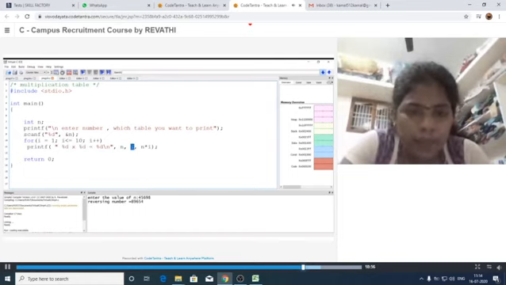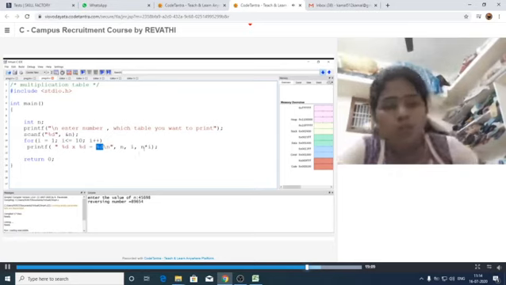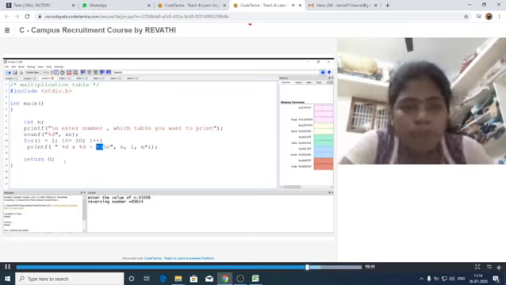In the second %d we can take the I value, that means 1, 2, 3, 4, 5 like that. Next, this %d means it is multiplying those two, that means n into I. 2 ones are 2, 2 twos are 4, 2 threes are 6 like that.